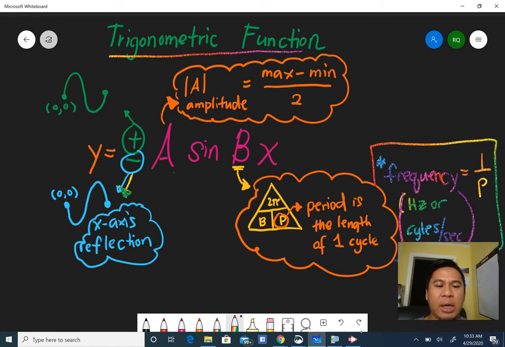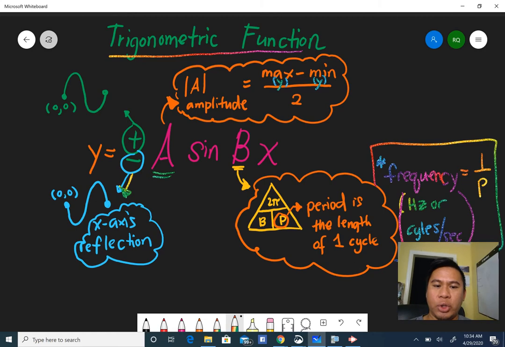The amplitude a is the number before the sine. The absolute value of that will be our amplitude. But if you want to compute the amplitude, that will be the maximum value minus the minimum value of the y's,